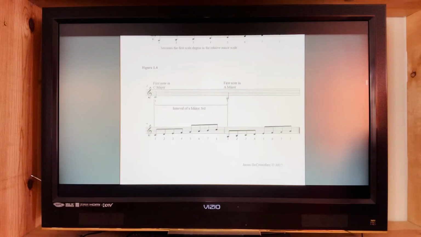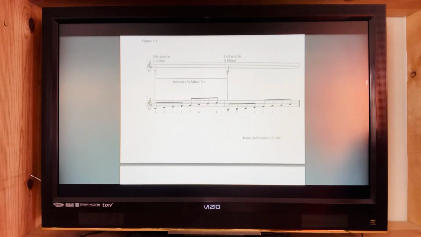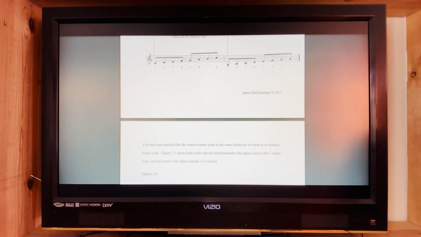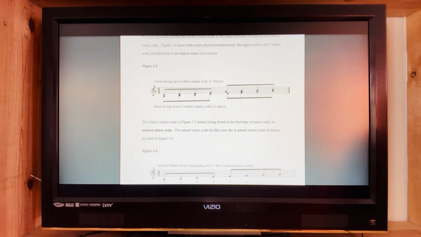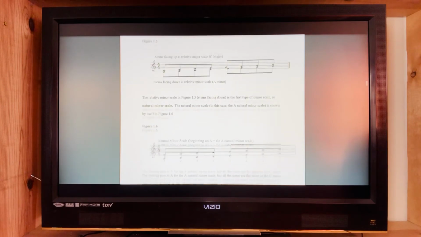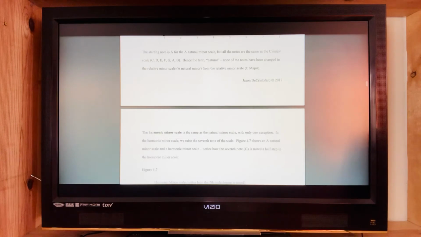You take the first note of any major scale, find number 6, that's its relative minor. So everything will be a third apart if you play them together. They're a third apart. Okay, and if you don't make any changes to any of the notes, it's the natural